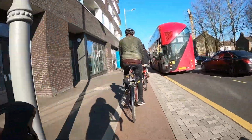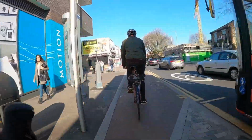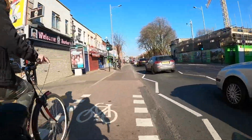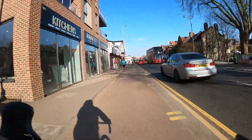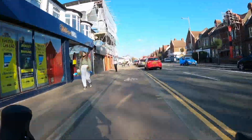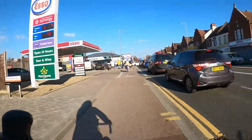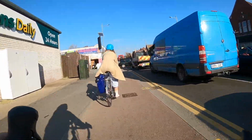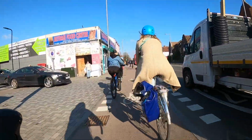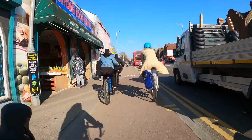In fact, I'd actually go as far as to say that this part of the route is now actually overcrowded, it's over capacity. You'll see that when we get to some of the junctions, there are just so many people waiting. I doubt that when they built this they thought it would be this successful, but it really, really has been. It's really an incredible piece of infrastructure, and we should honestly have this on every trunk road in the country